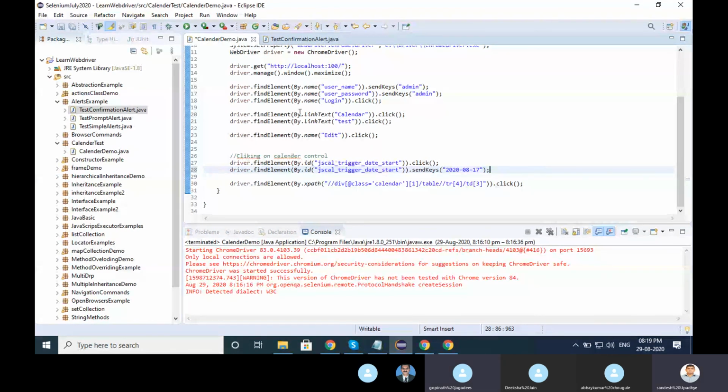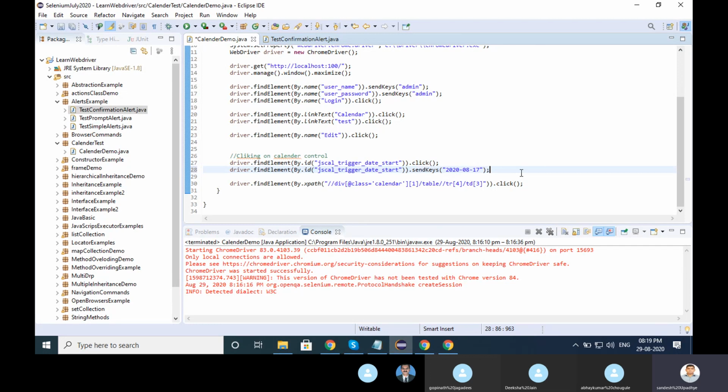Okay. So do practice for this calendar control as well. Tomorrow we are starting the new topic with Excel, how to work with Excel reader writer. Okay, and then we will go with the framework part.